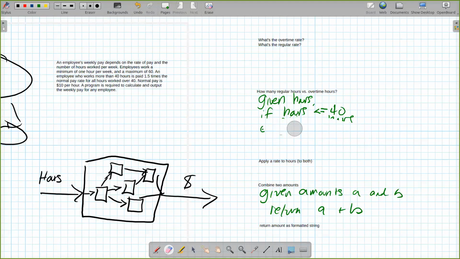Well, could you think of the single output being any overtime hours? Because if they have overtime hours, then you can assume that they worked 40. Yeah, I like that. So now our input is hours, and we only want to get back any overtime hours. So we could start the same way. If hours is